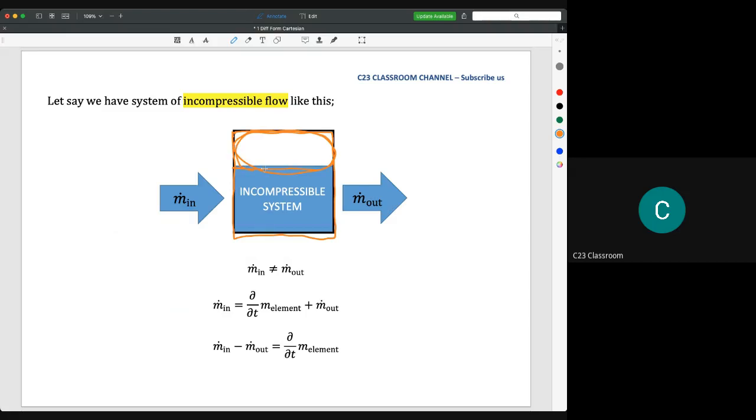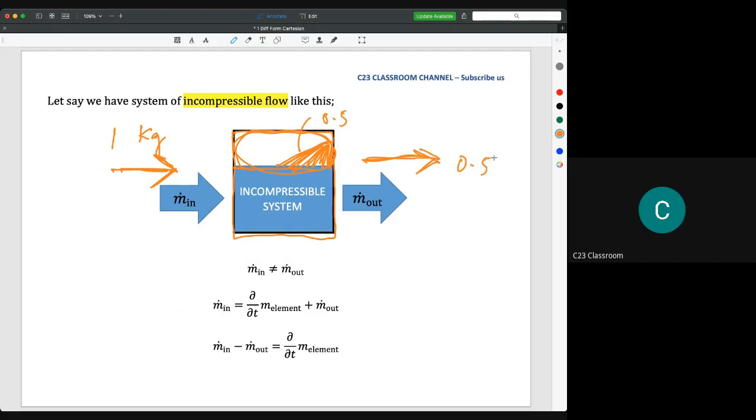So, mean if you give 1 liter here, maybe 0.5 liter will remain in this empty volume, and the outlet here is 0.5. So let's say we have 1 kilogram here, and then we have 0.5 remain in the tank, and 0.5 is